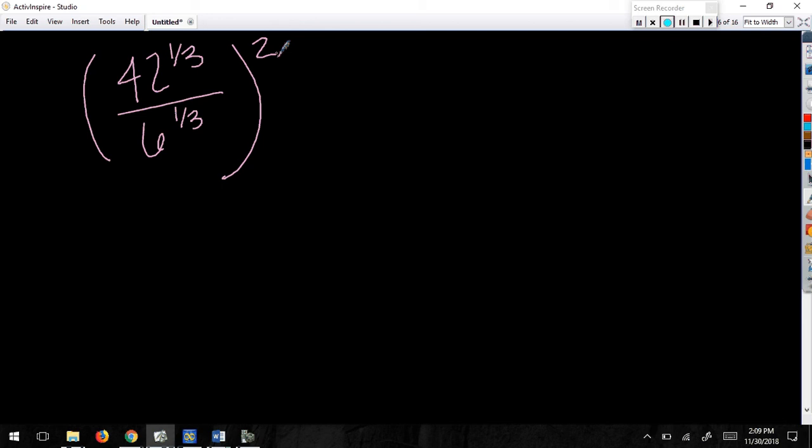What can I do? Combine the bases since the exponents are the same. What's 42 divided by 6? 7. Apparently you don't have to be so excited about it. Power to a power means multiply. So 1/3 times 2 is,